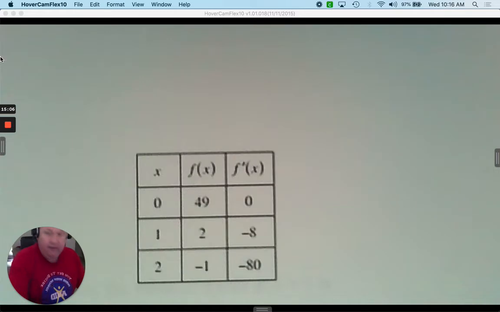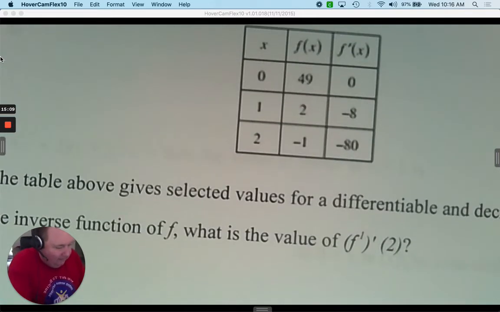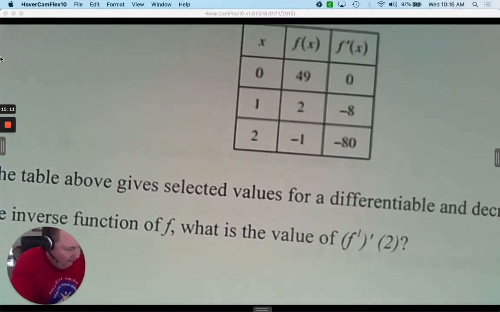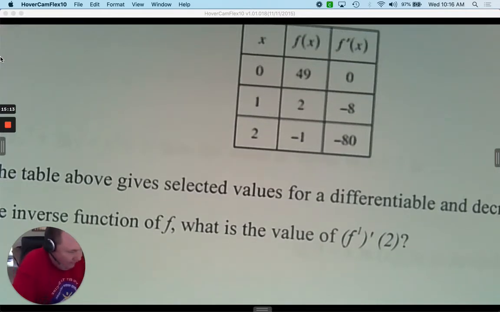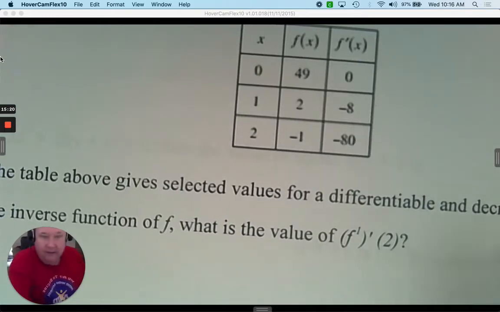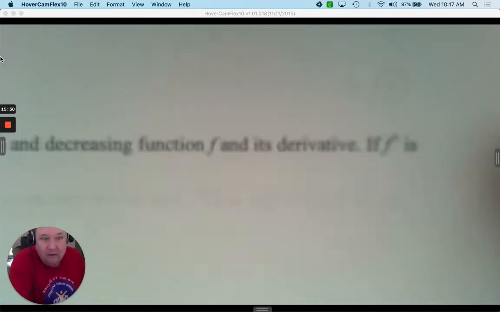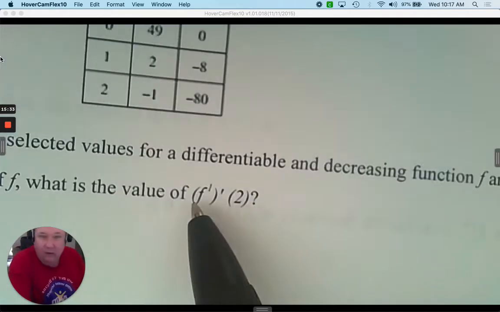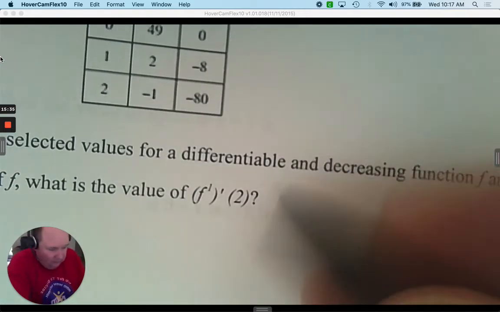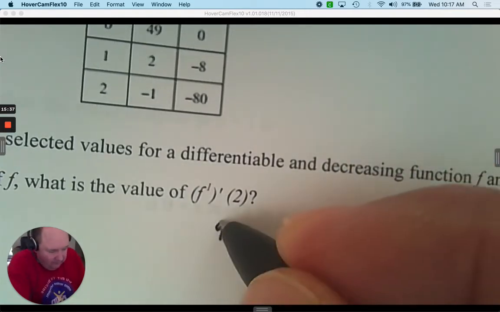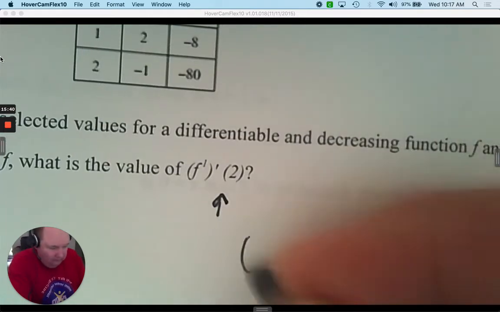Number 14, another inverse question. The table above gives selected values of a differentiable and decreasing function f and its derivative. If f inverse is the inverse of f, what is the value? And it gives it to you here, the derivative of the inverse. So they go f inverse at 2. So let's just understand this. If that is the inverse,